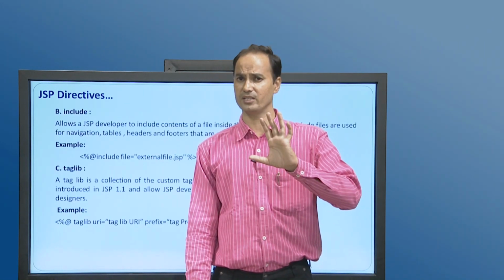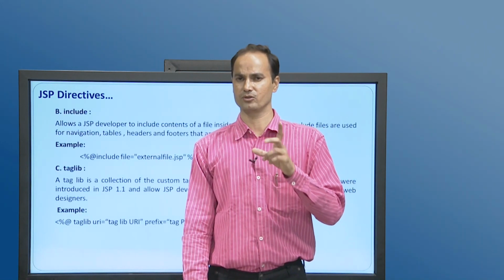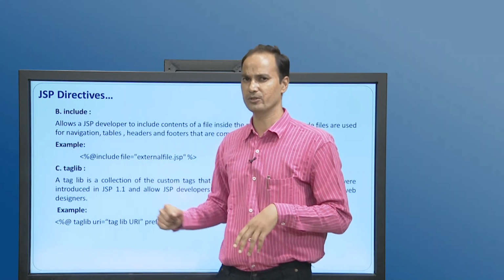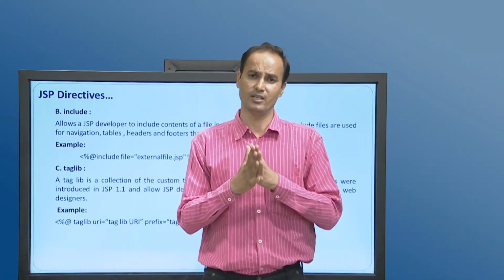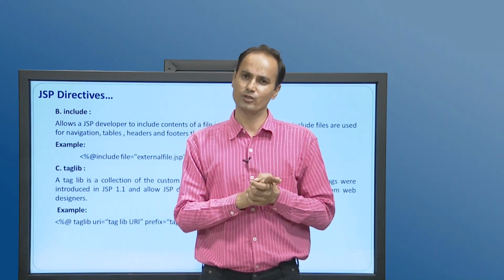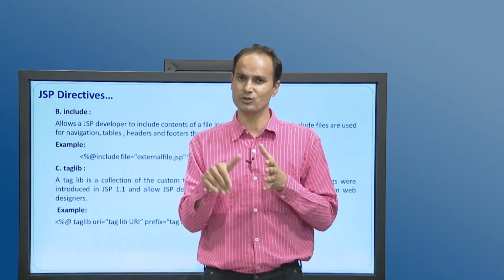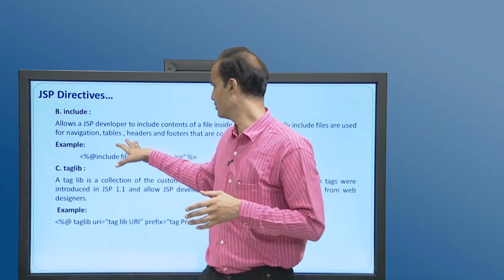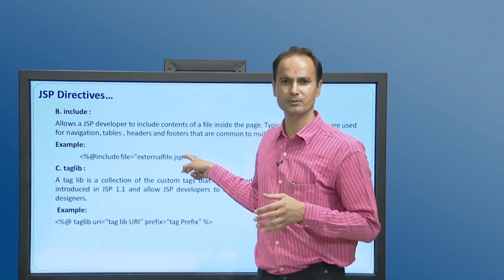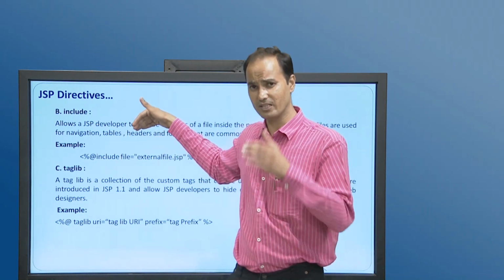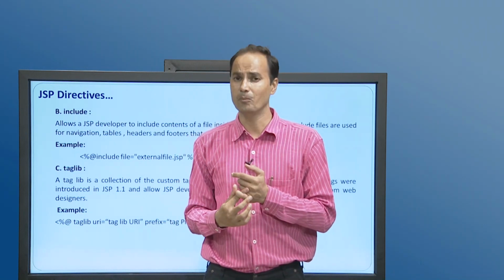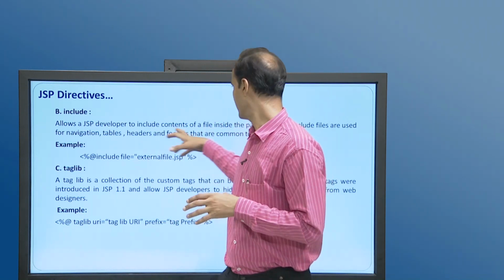So, these were all the page directive attributes. The first one was the page directive, and these were its attributes. Now, next is the include directive. How does the include directive help? Suppose your JSP page wants to include another resource in the same file. You can use the include directive to include that resource. See here how you include it: <%@ include file="externalfile.jsp" %>. That means, in the working JSP file, this file is going to be included at compile time. Make it very clear, at compile time.